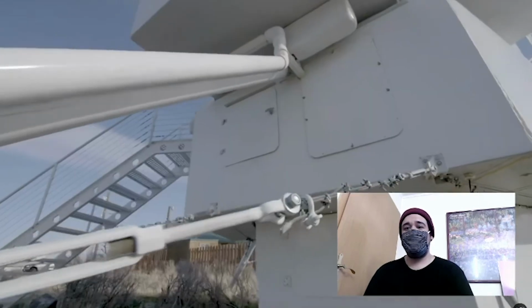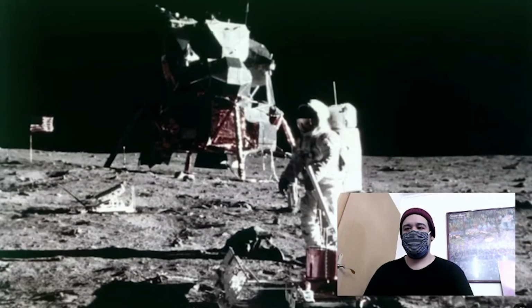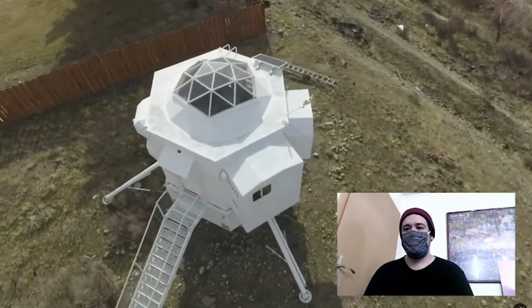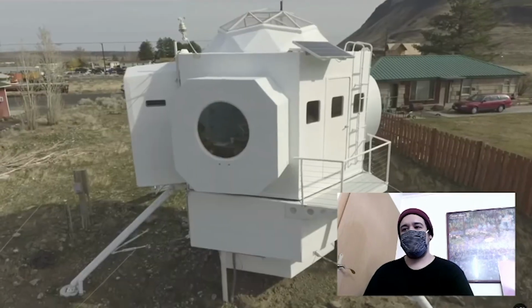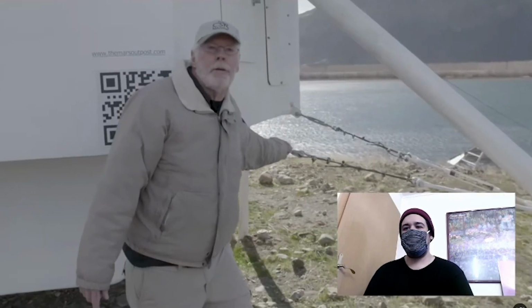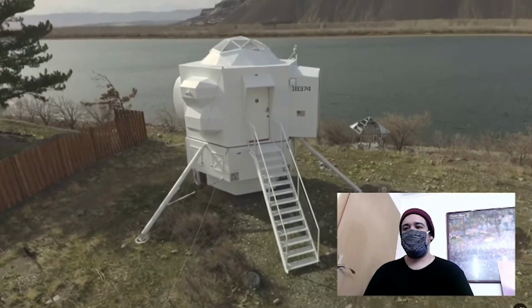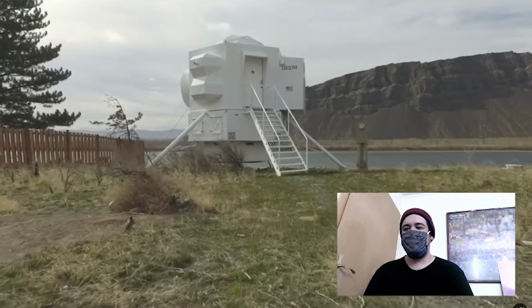Oh, cool. These structural legs are actually an improvement over the original lunar lander. They had 4 legs, which is an unstable configuration. This had 3, which is much more stable. You'll notice there's hold-down cables, like we do rigging on a sailboat. And that's what's important to keep a very light structure, weighing just over a ton, in one place. There's glow pebbles on the walkway, so you can see where you're walking at night,